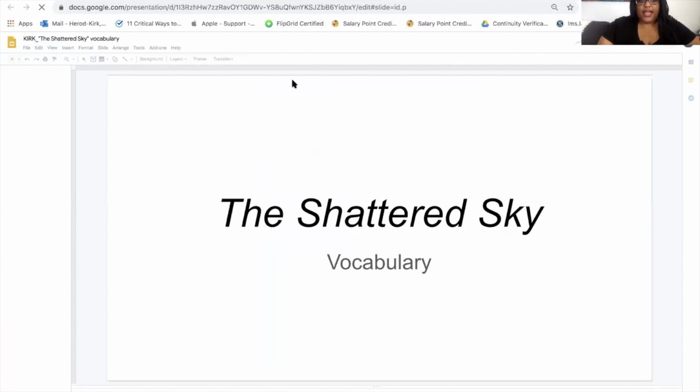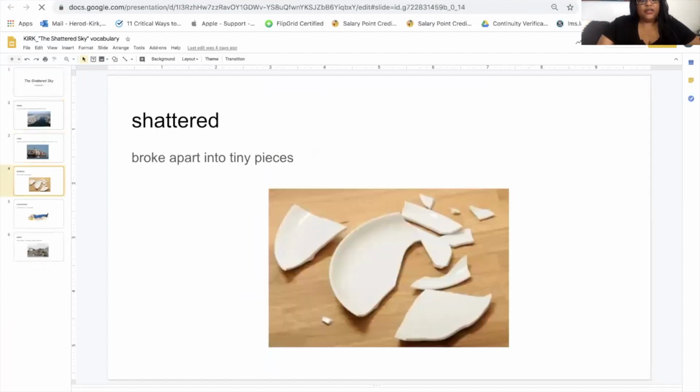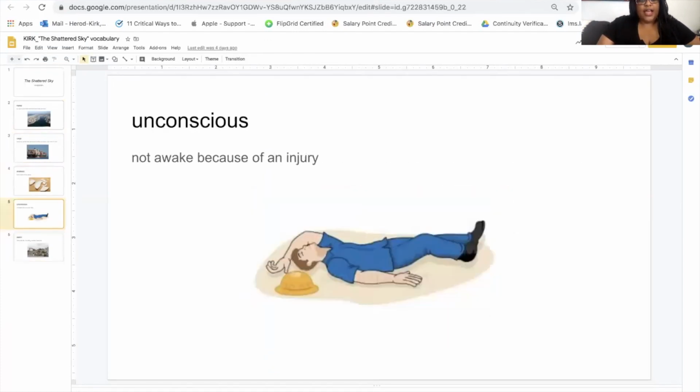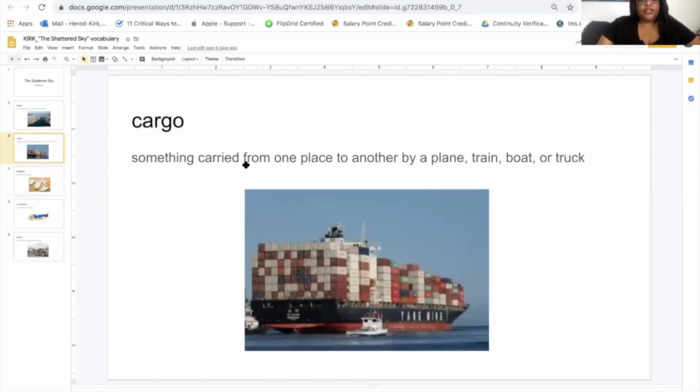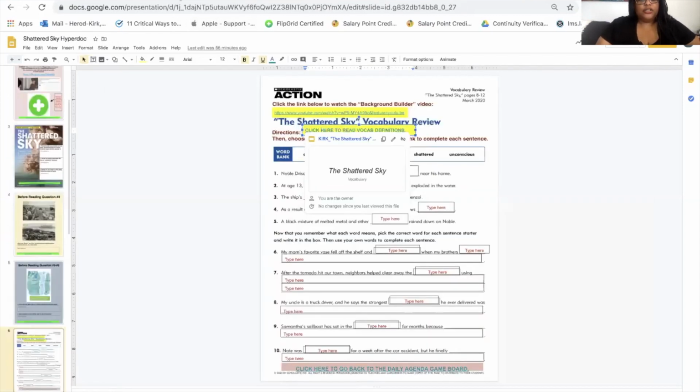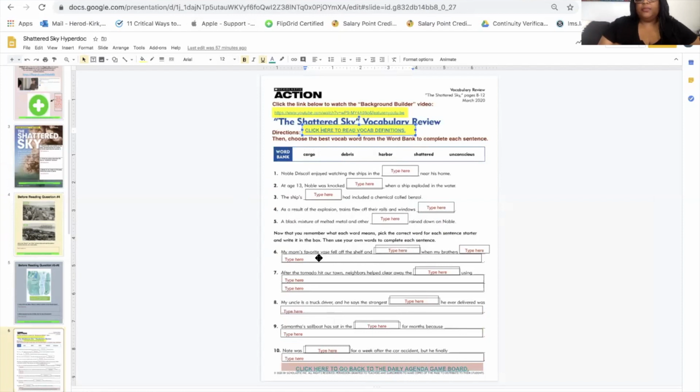So you have a slide here with pictures, okay? So your slides with the words, the definitions, and the pictures. And then based on the definitions, you're gonna plug in the words here. And for numbers 6 through 10, you're gonna complete the sentences. So I'm gonna see if you know how to use the words that you just learned.